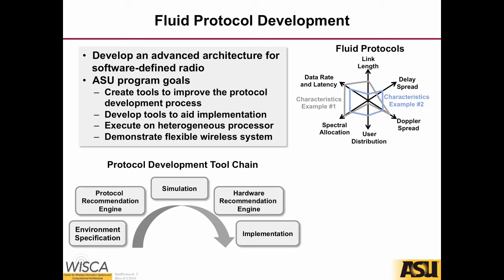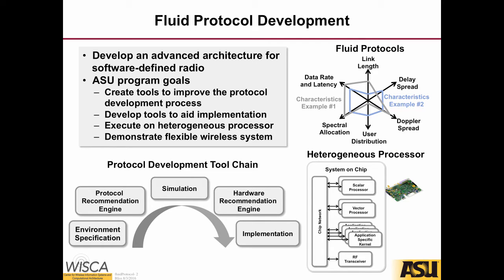Based on that information, the protocol recommendation engine develops a set of recommendations for parameters for our fluid protocol. We can simulate the protocol that is specified by the protocol recommendation engine. Then we have a hardware recommendation engine which takes those parameters and develops an efficient implementation given a heterogeneous processor system. We have a surrogate processor that we use, which has a set of scalar processors, vector processors, and application-specific